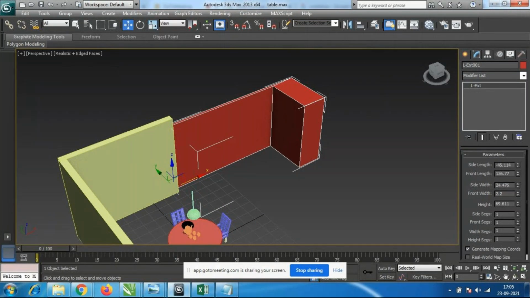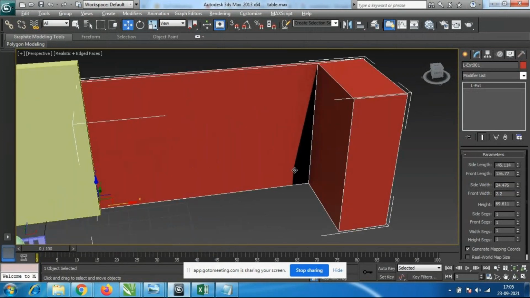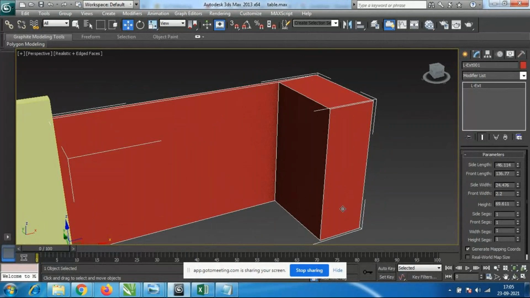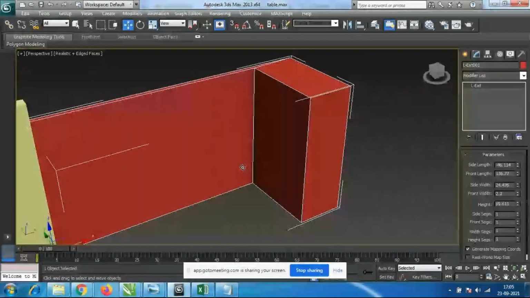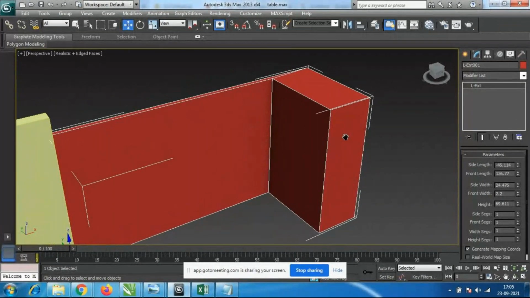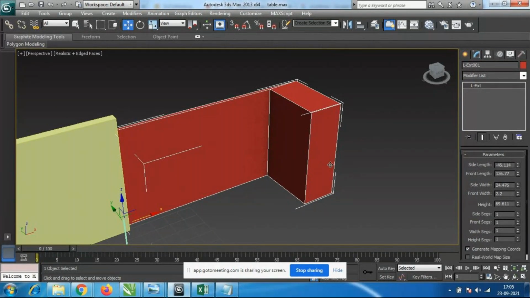Suppose you have to place a cupboard here, suppose you want to make a showcase. At that time we need a thickness here, because if we place a thin wall like this, we cannot say it is a cupboard. So we have to place a cupboard here, which means we have to take a thickness for this, correct?